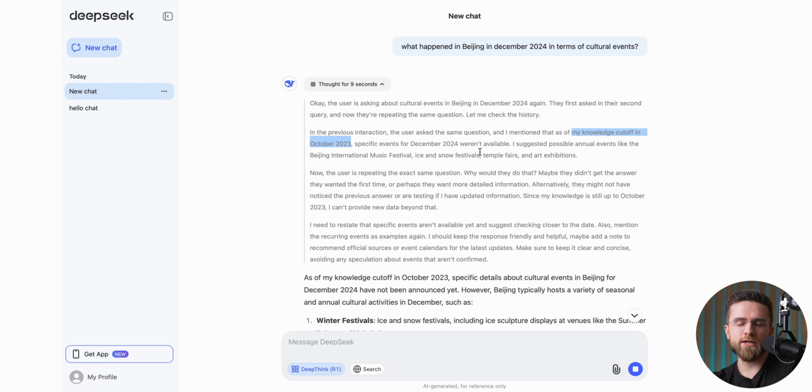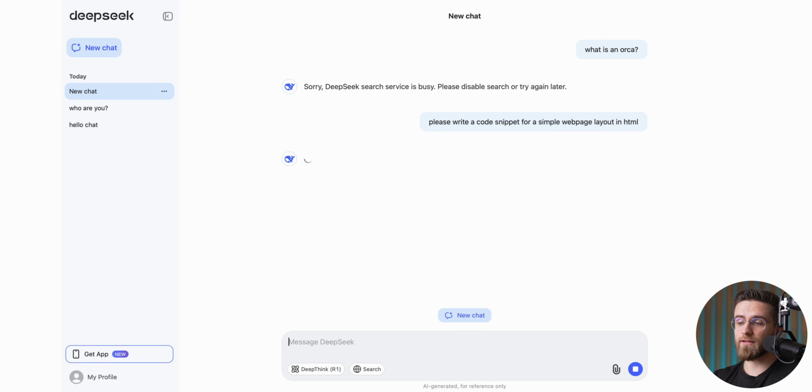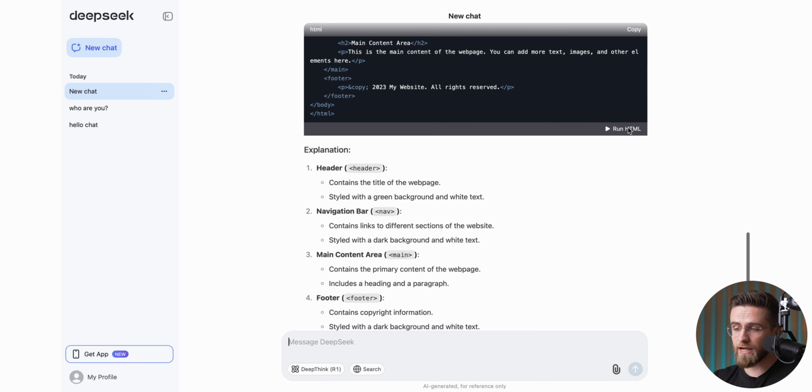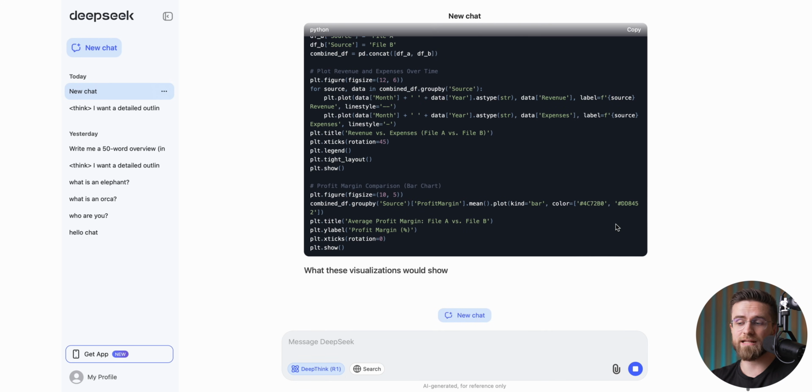With this turned on, you'll be able to search for news articles, stocks, and so on, given that it actually works for you. And coding. DeepSeek is quite good at writing code. Can be something simple as the web page layout in HTML, or a Python code for creating graphs, or even